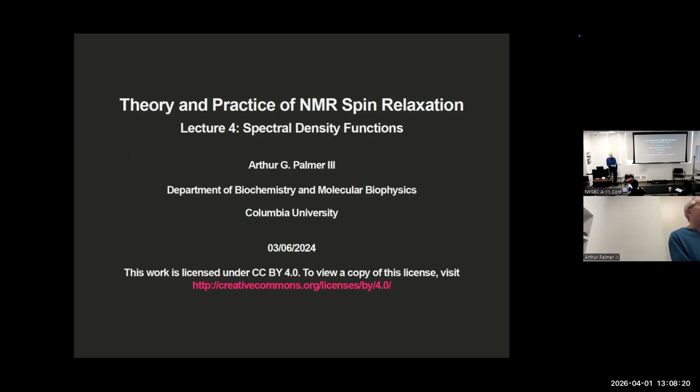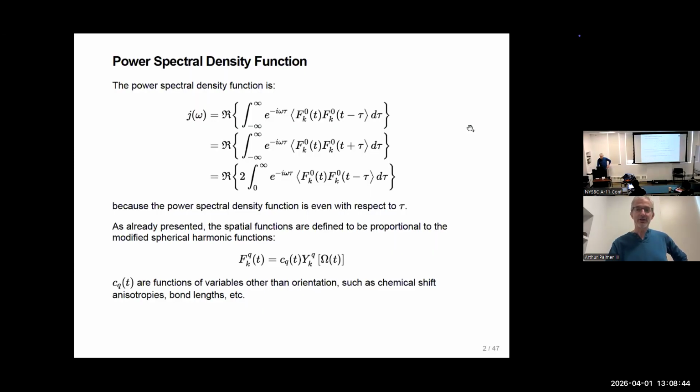So we've talked about relaxation, and of course, in the Redfield theory, the critical connection between relaxation and the properties of the molecule comes in the spectral density function. And we really haven't said very much about spectral density functions. So we'll start by talking about them today. And to remind you,